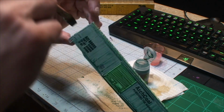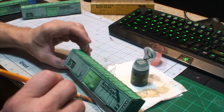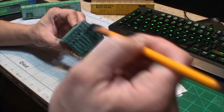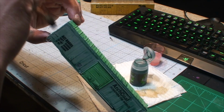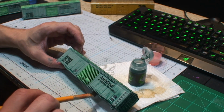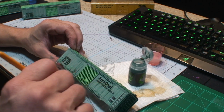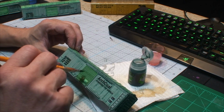Now I got a lot on here. We're going to go with it. I'll just throw some on the end again. Yep, so I can get all this excess, throw it on the ends. Because the ends aren't seen so much, I think it's okay if we put our excess on the end. But if we're getting a good pool, which we are,